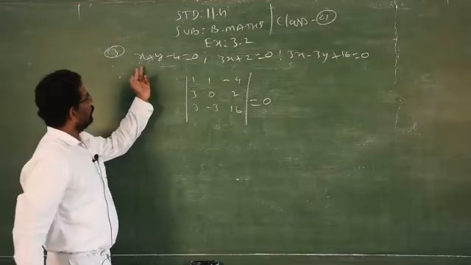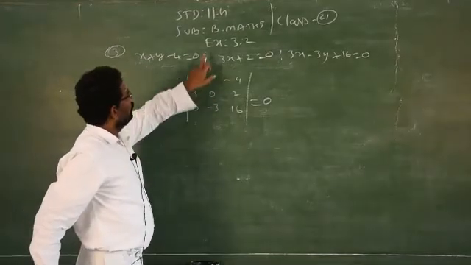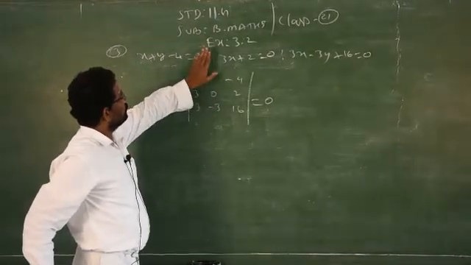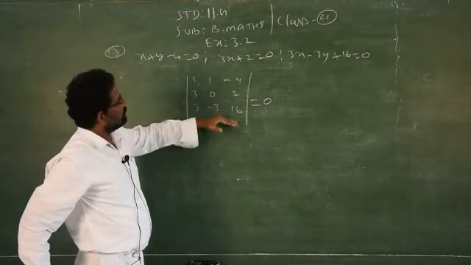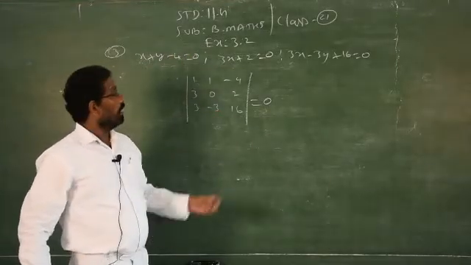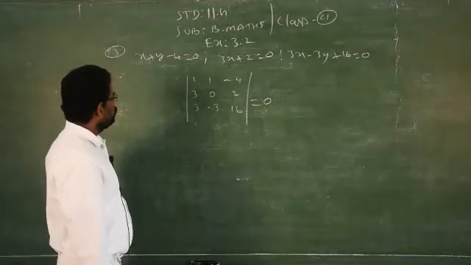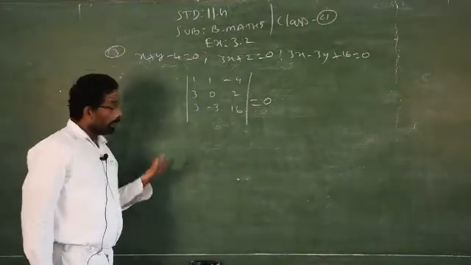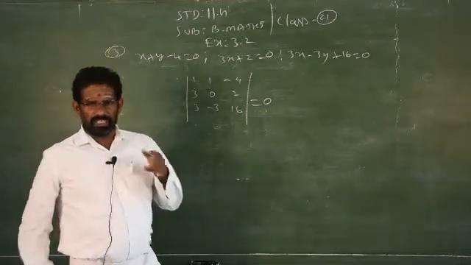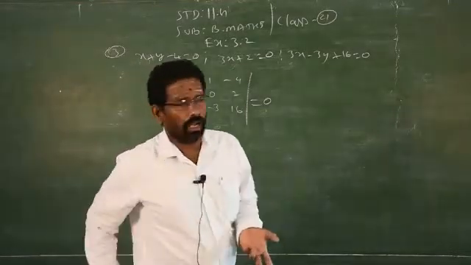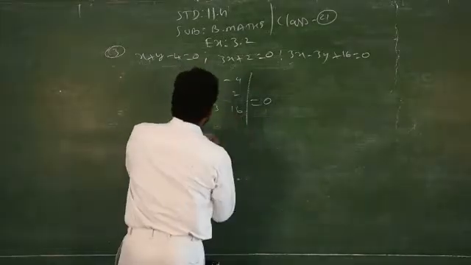So you have to take the coefficients and the constant. No constant should be on the right side. If it is, you can bring it to the left side and just write in matrix format, and you have to take the determinant. Clear? So you know how to take a determinant. You can apply the elimination method to make a number of zeros and you will get the answer, or you can straight away apply the determinant method.